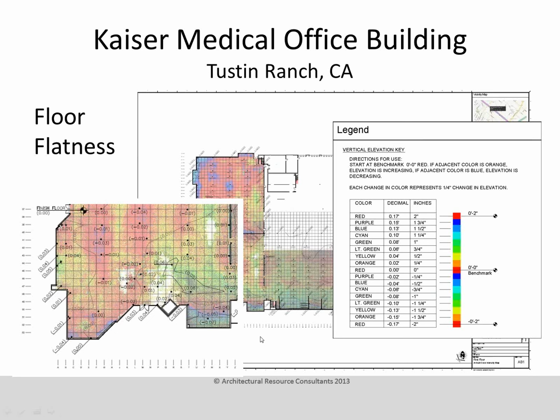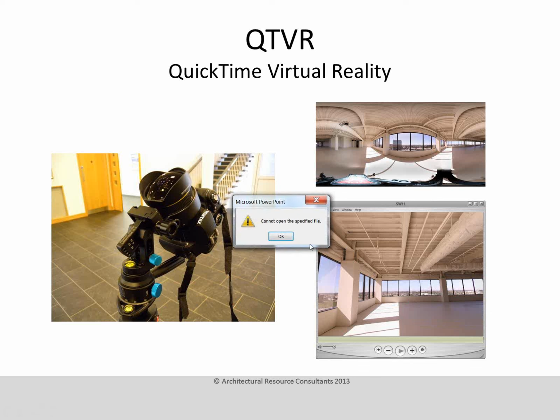I'm going to take a look at some 360 imagery now. One of the ways we create 360-degree imagery is through just a simple DSLR camera on a special bracket and a fisheye lens. We take a whole series of photos and stitch them together and create a panoramic image. From there, we take that panoramic image and we can turn it into